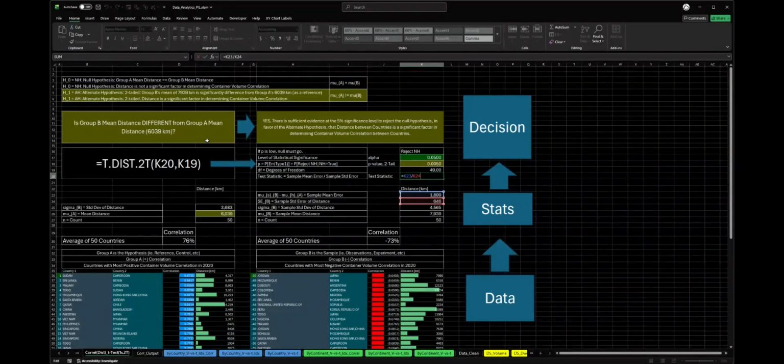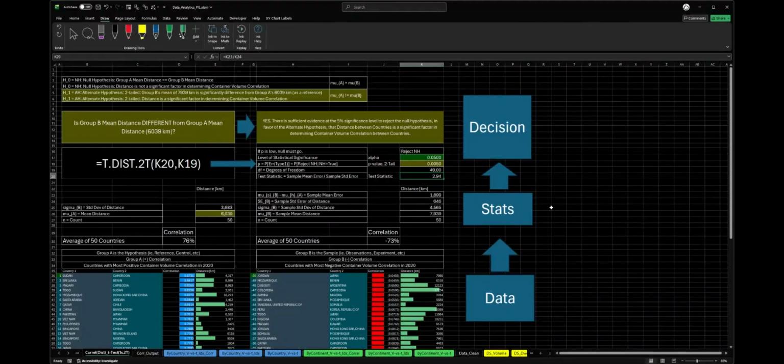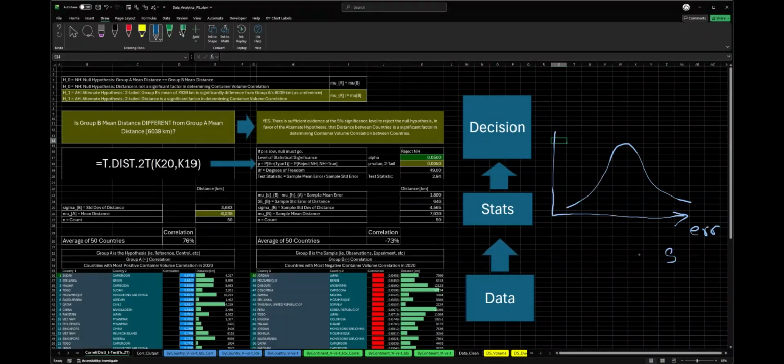If there's this chart here, if this is the error, which is the sample mean minus the mean of the hypothesis, where does that fall? If this is the zero,